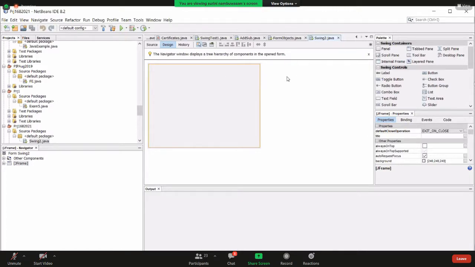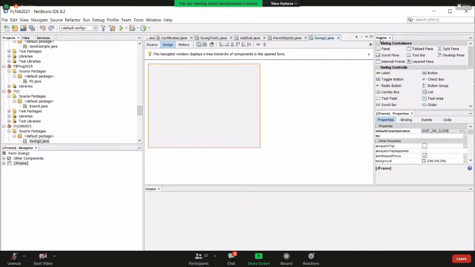Then it will load this JFrame form as well as the rest of the swing containers, and the palette will be open. Then we will start creating the radio buttons. Hope you know about the radio button.